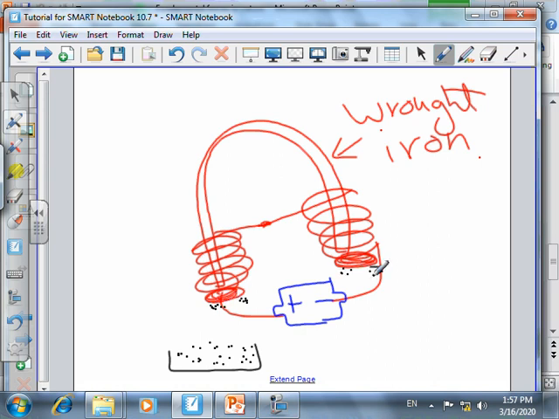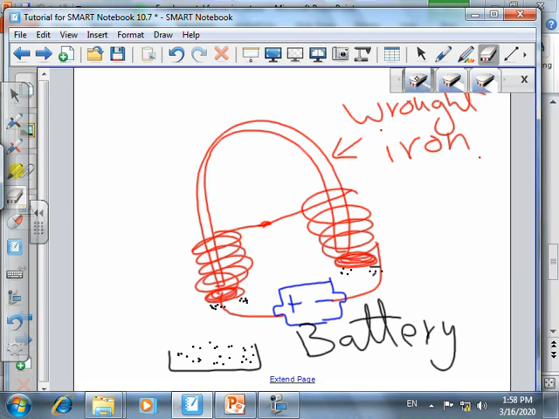Why? Because it is connected to the battery as an electric source, passing the electric current through the magnet. If I disconnect it here, that's an open circuit, so the iron filings will disappear completely, which means it returns to being a simple piece of iron. Where can we observe this type of magnet?